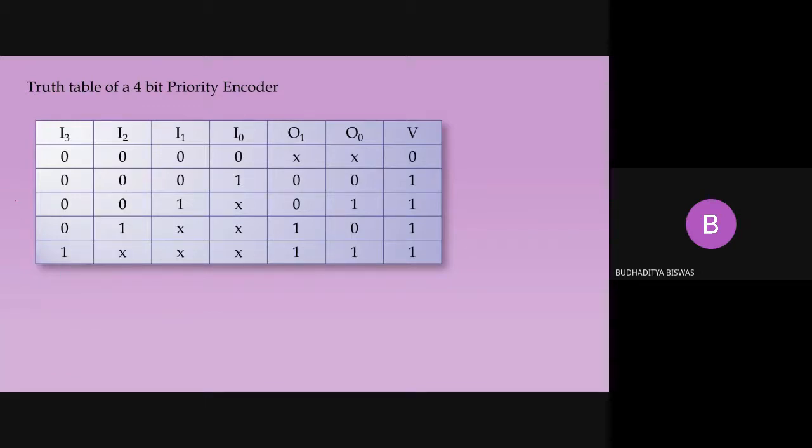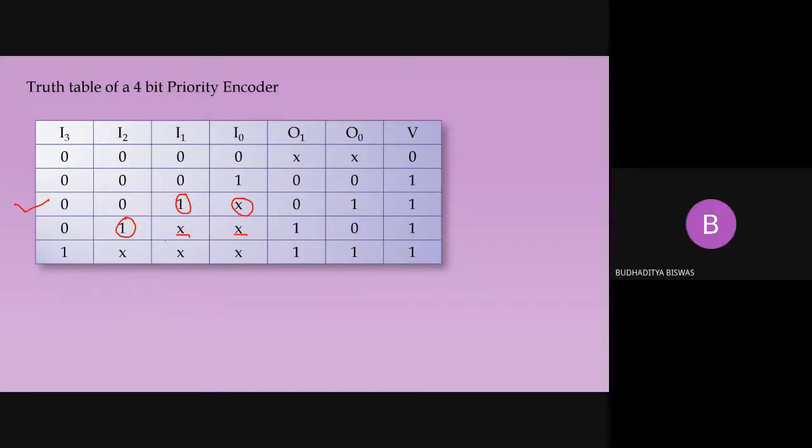Suppose in this row, it's not one interrupt only. I1 equal to 1, but this one equal to 0. This one equal to don't care. Don't care means maybe 0, maybe 1. So that means double interrupts are present here. Here, how many interrupts are there? 1, 2, 3, because this one may be 1, maybe 0. So if you consider this don't care as 1, then 3 interrupts are coming simultaneously. Got it?